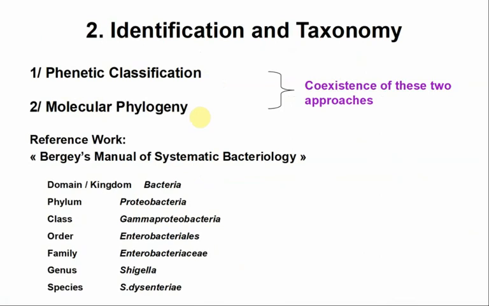let's say, the phonetic classification has had to be altered based on molecular phylogeny. That is, how close genomic DNA sequences are to each other. And currently, the classification system for bacteria is a mix of these two systems. So the older phonetic classification system, with elements of molecular phylogeny, that changes things sometimes. So the reference work on this is Bergey's Manual of Systematic Bacteriology, which must be in its 500th edition